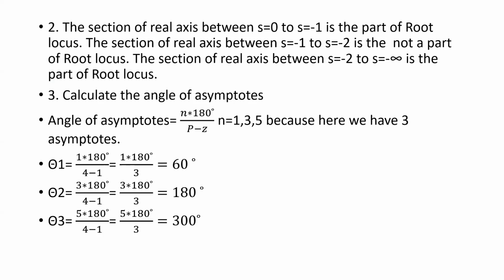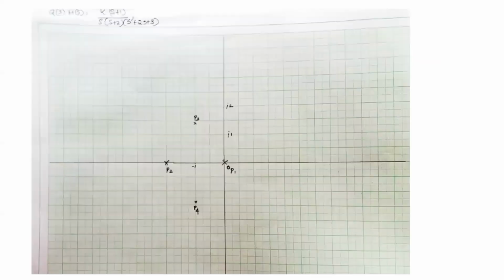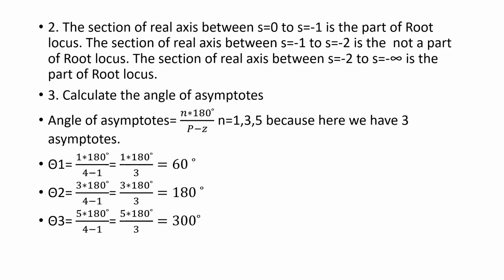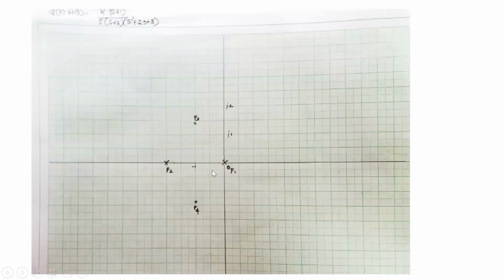Okay, in the equation, we did not find any zero. Sorry, it had one zero and it had four poles. So looking at this, you have four poles and one zero. One of the poles will come, the root locus from this pole will come and converge at this zero.